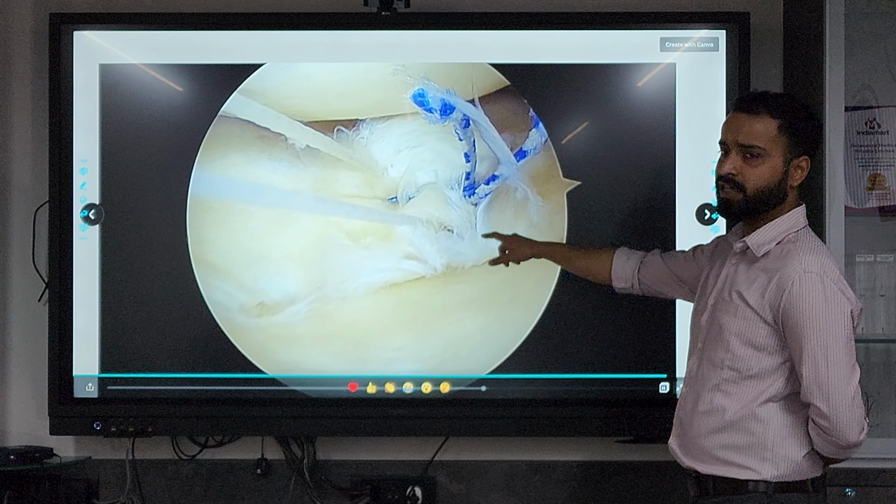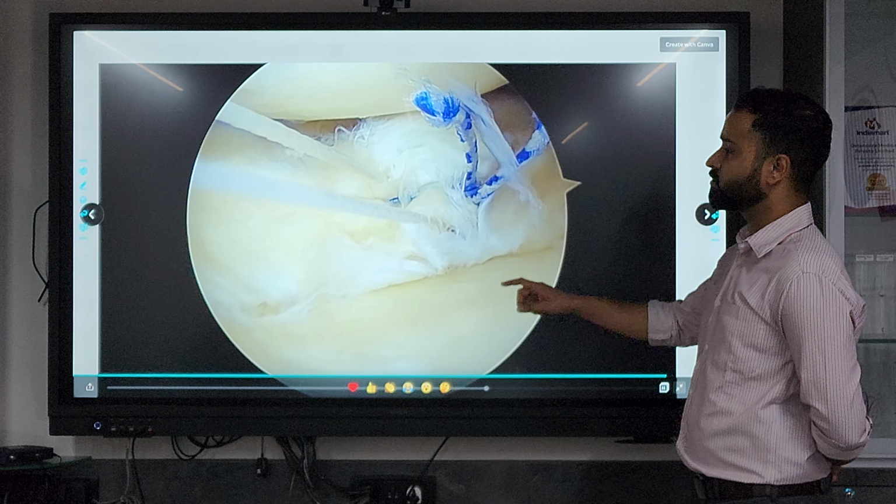And once these 2 knots are in place, we are going to use all inside devices just to complete the repair.